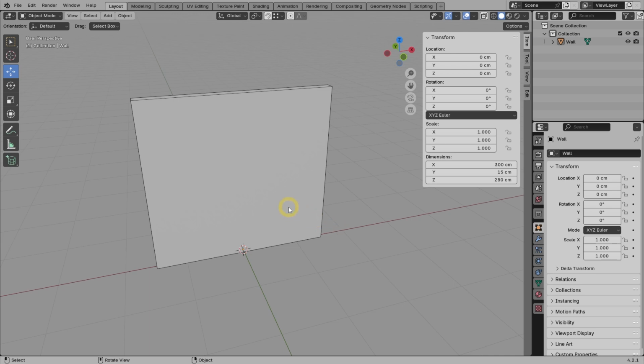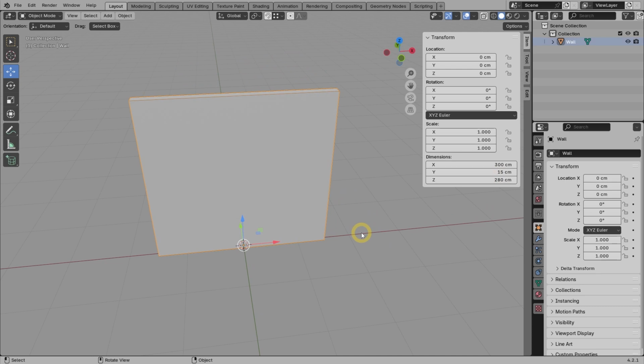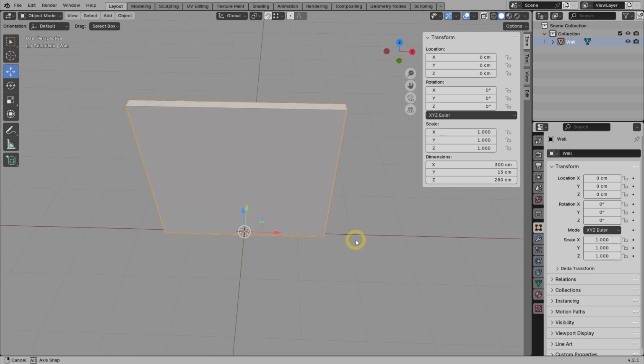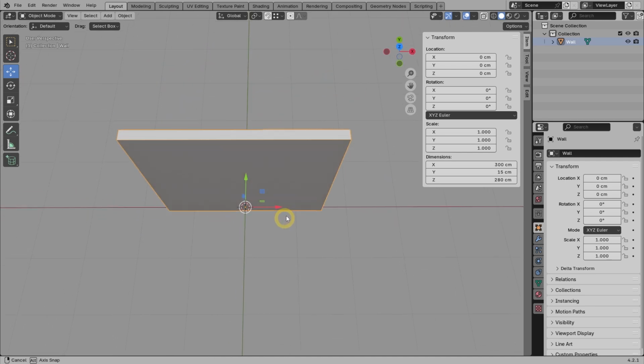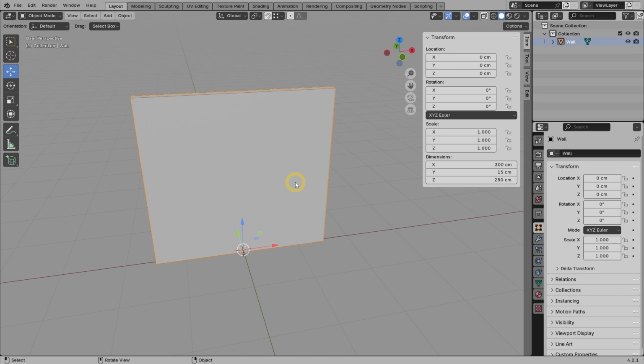I have modeled this wall off the record. The thickness is 15 centimeters and the height is 280 centimeters. This is a common wall dimension in my country, Indonesia. Usually or ideally, we make the door at the end of the wall. But to make this more challenging, let's assume that we need to create the door 50 centimeters from the right end. Perhaps there is a cabinet or a column behind the wall. As for the height of the door, it should be 210 centimeters.